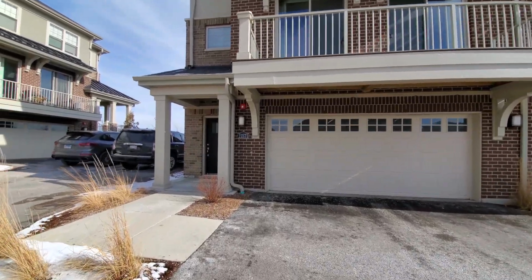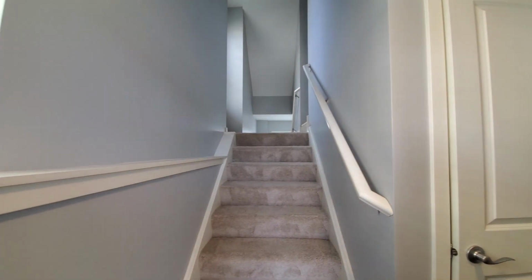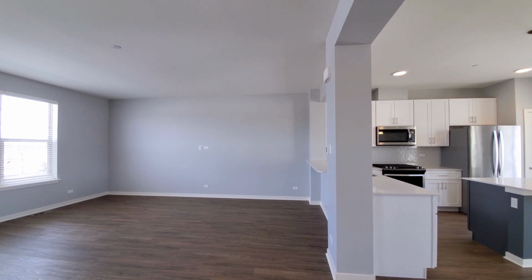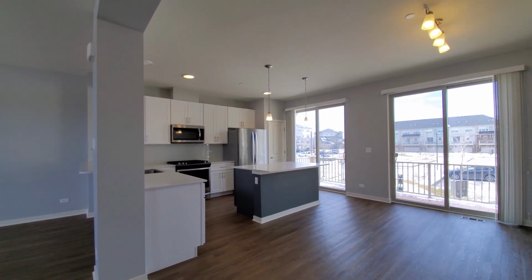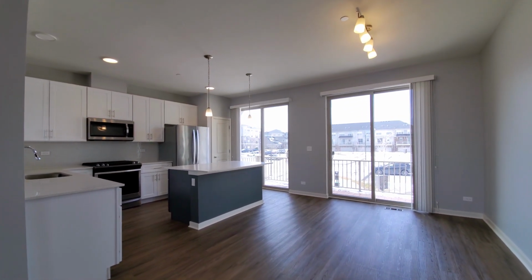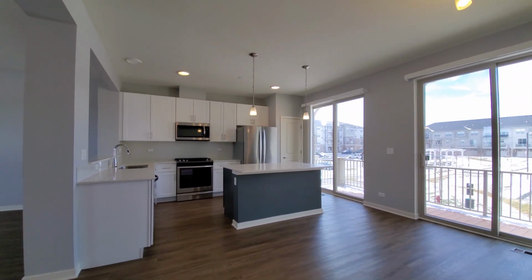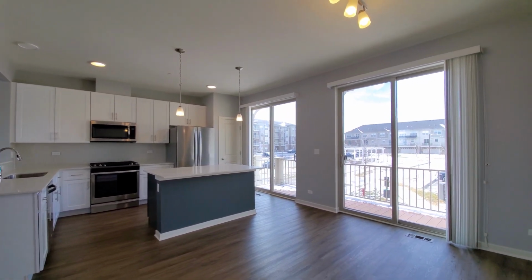I'm approaching a 3-bedroom, 2.5-bath Madoch layout townhome. There's a coat closet in the entry foyer and stairs to the living level. I've just stepped off the stair on the living level where the eye candy is this terrific kitchen dining area. It's the open plan that everybody seems to love. Space to accommodate a table to seat 12. Sliding glass doors opening out to a wide balcony,